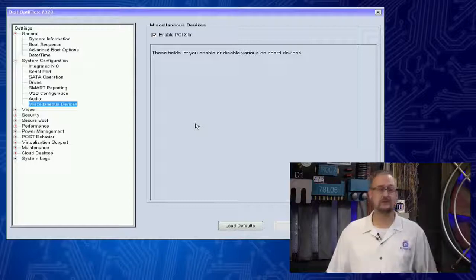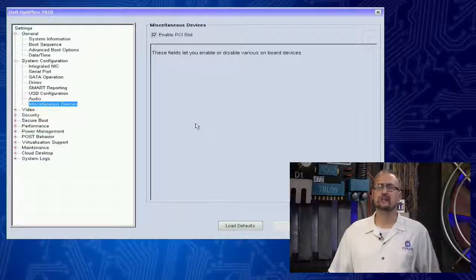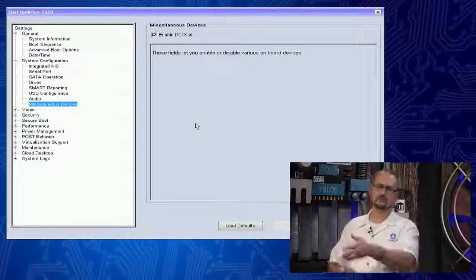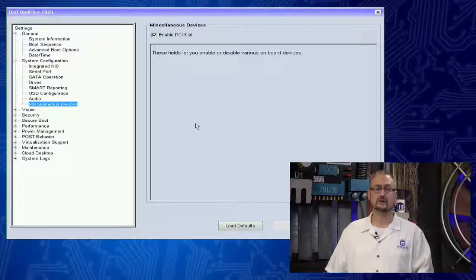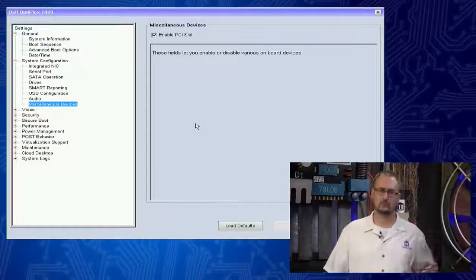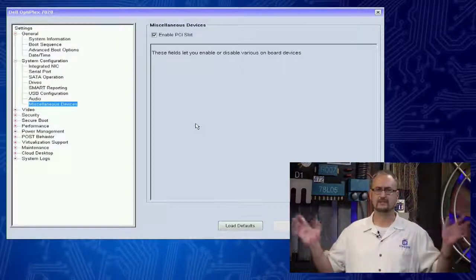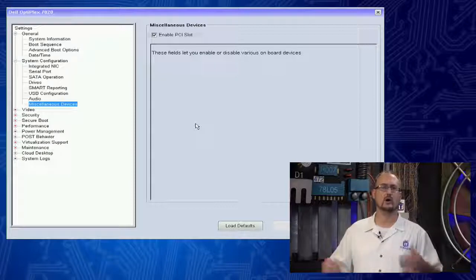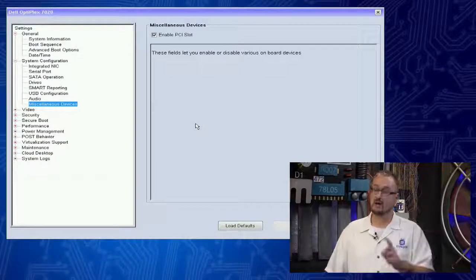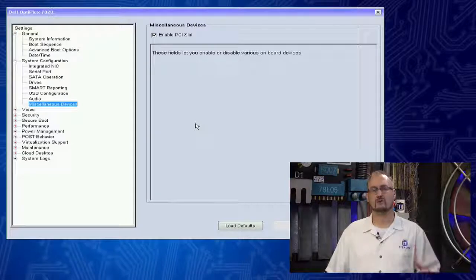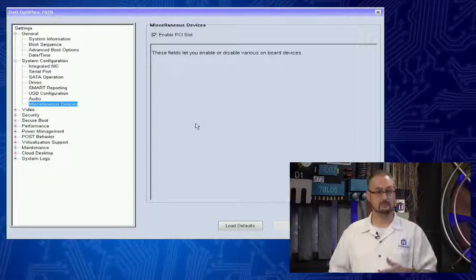Now we can go through some other things here in BIOS too, because one of the things that the BIOS does is it sends a little signal out to the video subsystem if it is integrated. If it's integrated, then the video subsystem will call back to BIOS and say, hey, I'm here, I'm stabilized, I'm good, we're ready to go. Go on with your input-output system. Check the next device. However, if you have a video card in an expansion slot, a slot on the motherboard that gives you better functionality,